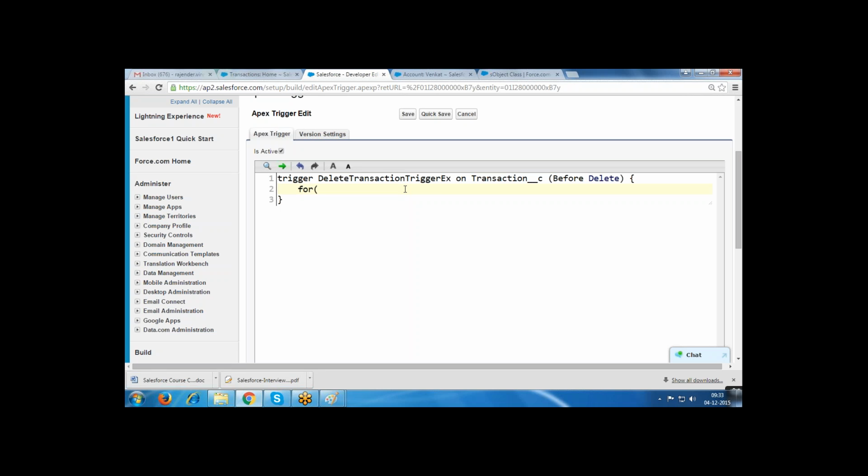In the for loop, transaction object underscore underscore c tr colon trigger dot old.